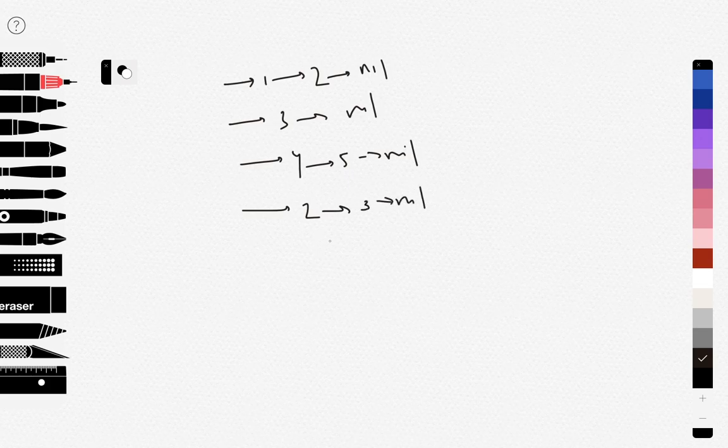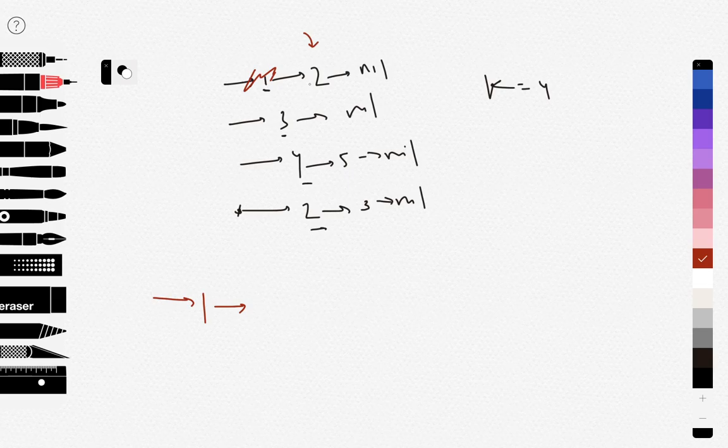If we run the algorithm here, initially we have all the k pointers pointing to the heads. K here is actually 4, and we have an array of pointers. The first pointer is pointing to this one, the second is pointing to 3, 4, and the fourth is pointing to 2. Out of all these, the smallest is 1, so the smallest is the first pointer. We will construct the answer, so the answer will now point to 1, and the next will now go to 2.